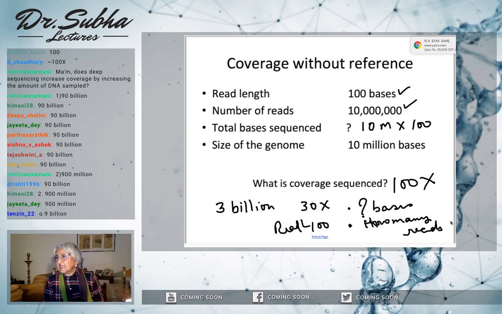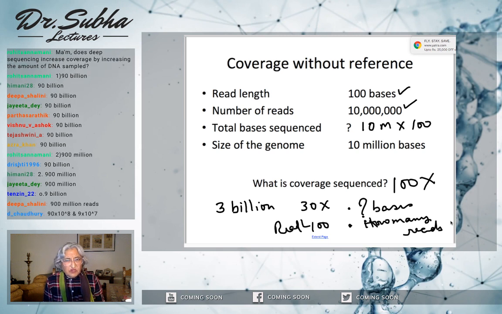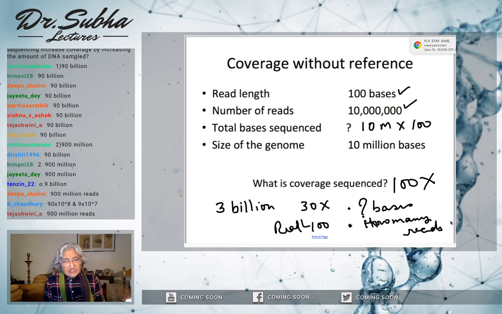Yeah, 900 million is the right answer. You will have 900 million reads in your FASTQ file. Do you see what I'm talking about? These are really huge files. So if you really ordered human genome sequencing at 30x coverage, 100 bases per read, your FASTQ file will have 900